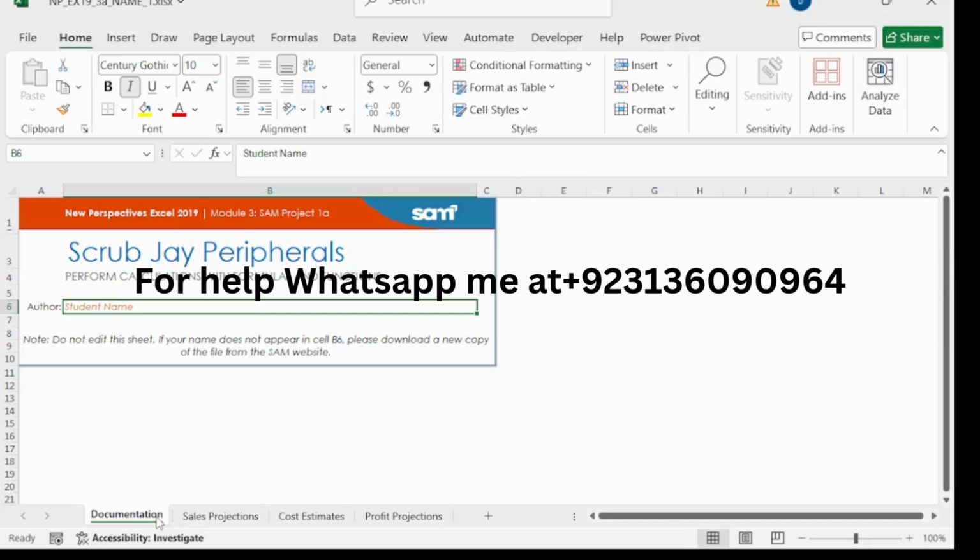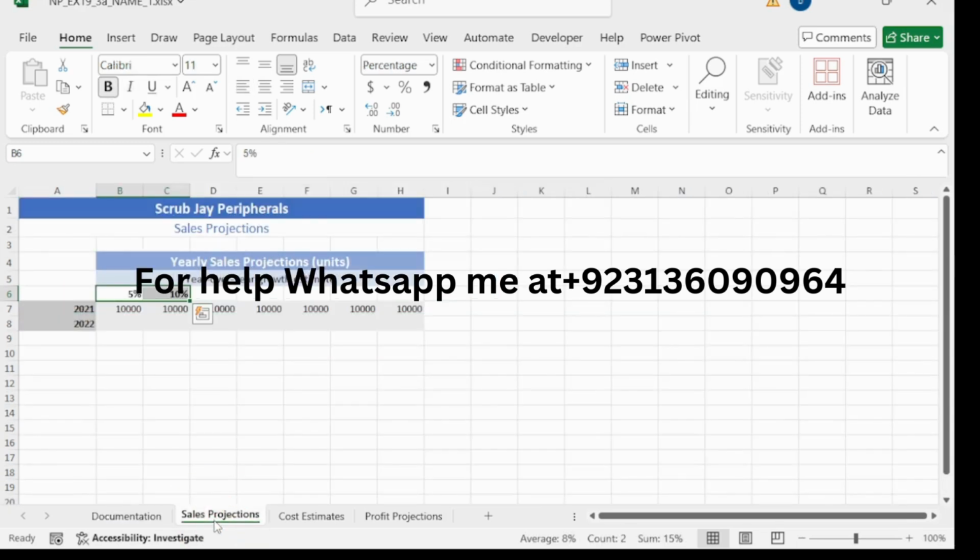Hello, today I am going to solve Excel module 3 SAM project 1A. Our step number 1 is switch to the sales projection worksheet. So switch to the sales projection worksheet and then extend this value to H6. So we have completed our one step here, and our step number 2 is use the value in the range